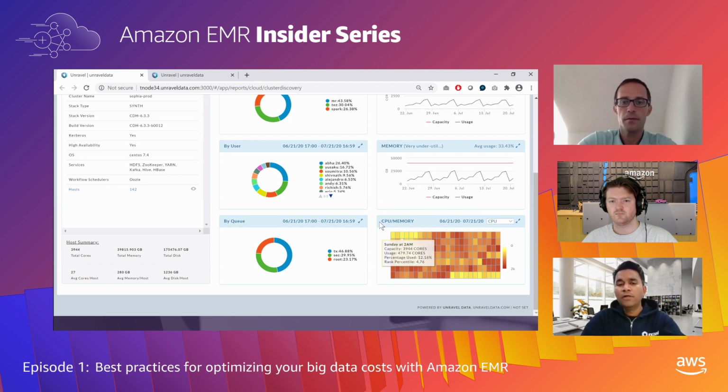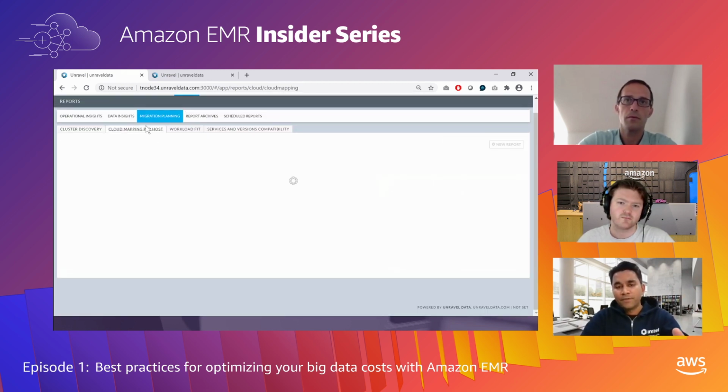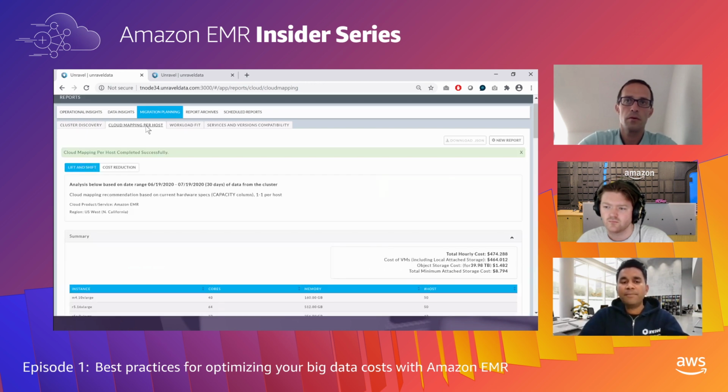So once you have this view, what Unravel can then help you understand is how do you do the mapping to the AWS EMR environment? And depending on the strategies that you choose, in this case, we're going with the lift and shift.